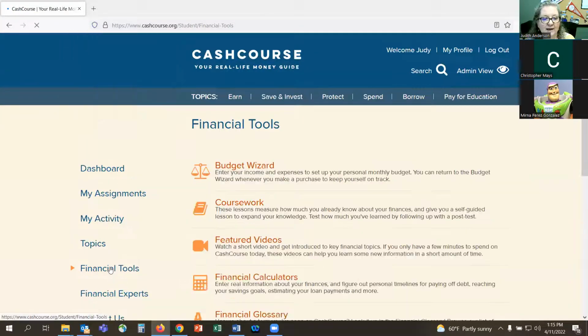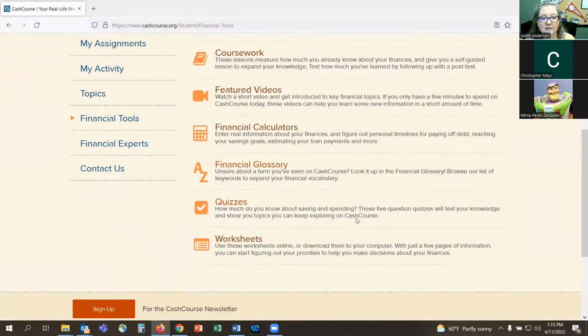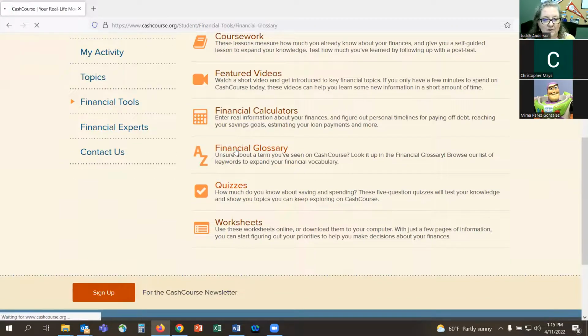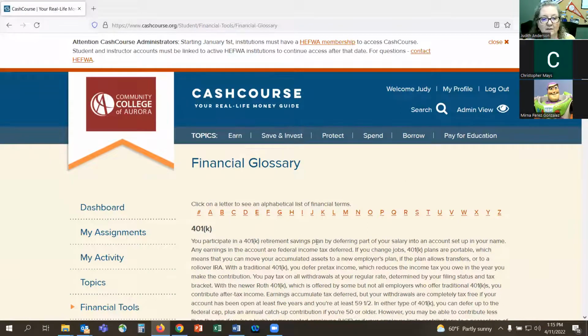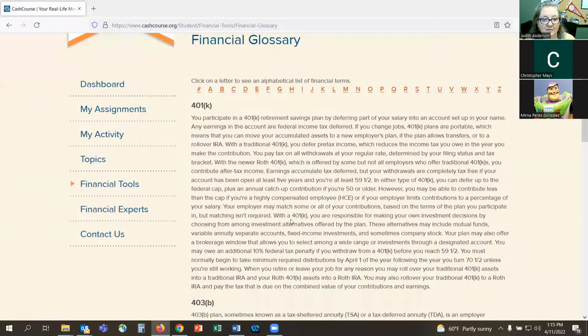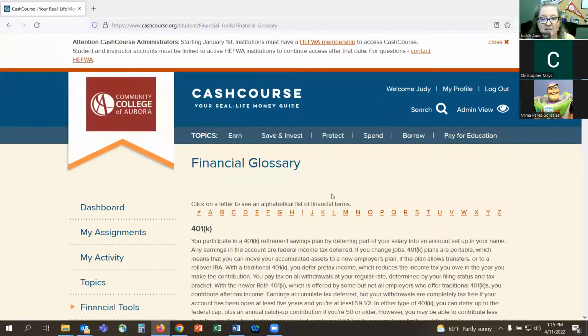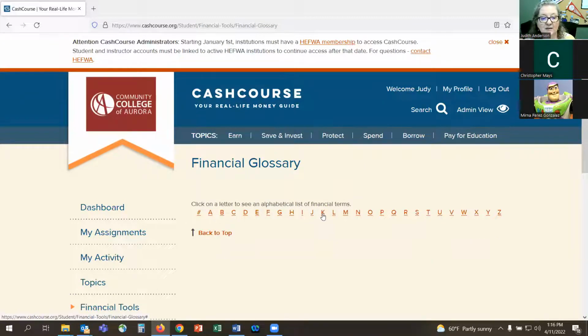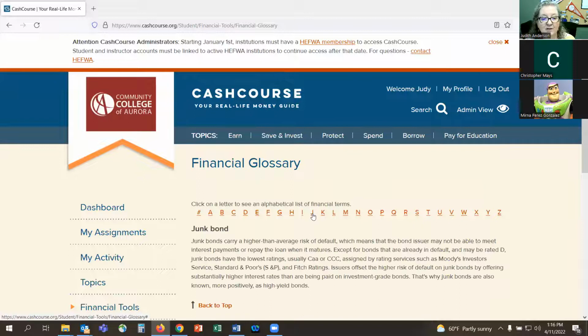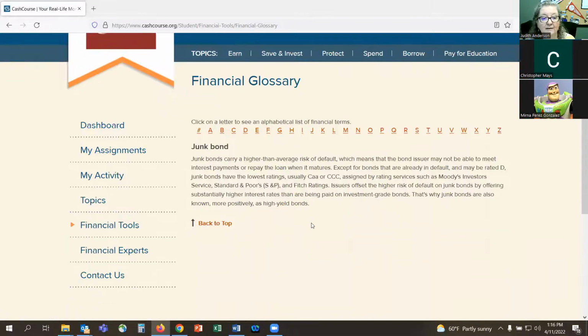And next then we have the glossary. So these are all of the key terms for things like the 401k, that's the retirement savings plan. Any of these strange sounding topics and terms will be listed up here. So you could just go through and find